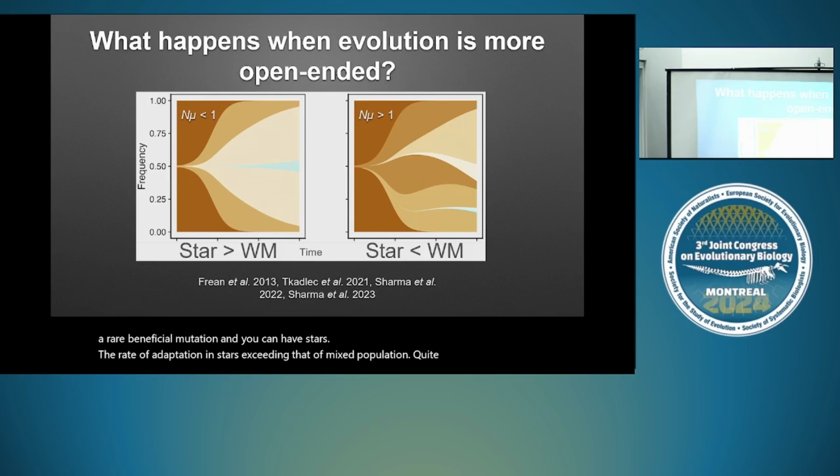At larger mutation supply rates, when population sizes are larger, we have clonal interference. And clonal interference is well known to slow down the rate of adaptation. So the rate of adaptation in the star is either equal to or less than that of a well-mixed population. And so Parto